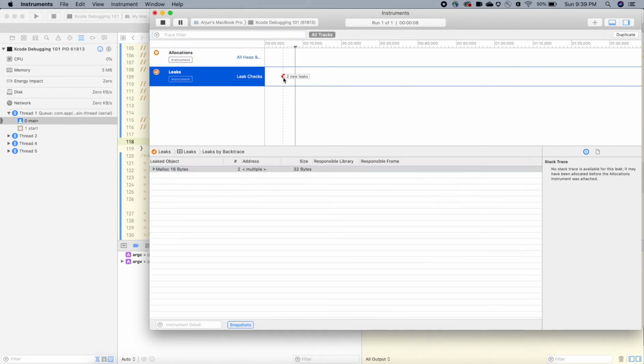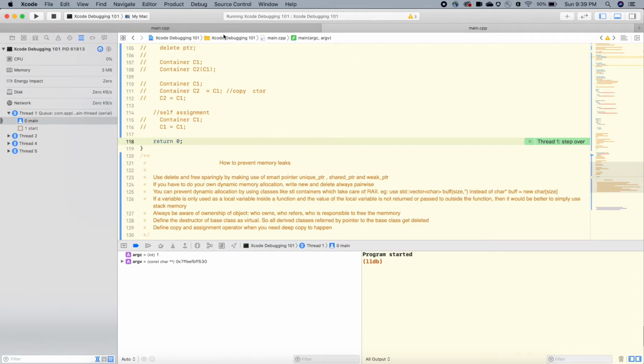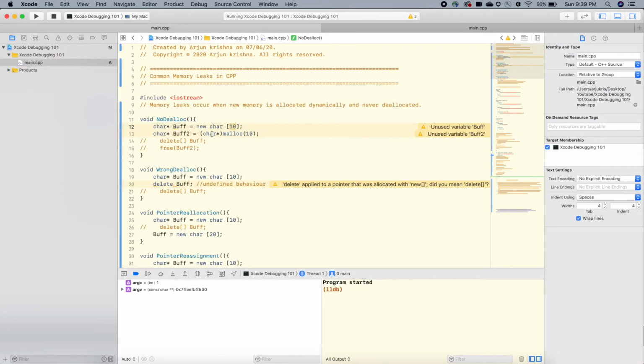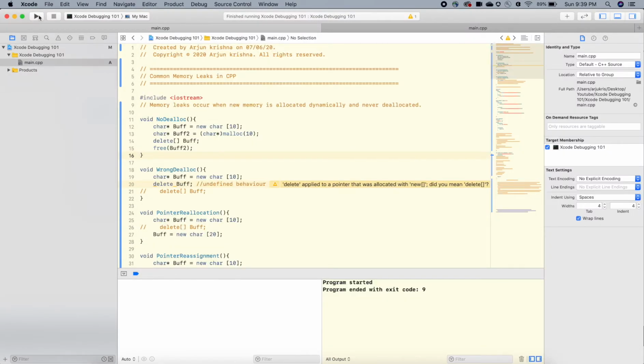It's showing me a leak has happened here, and these are the two address locations where the leak has happened. This corresponds to the two allocations that I have not freed. Now let's delete or free these and try again. So stop it, stop this profiler, and run the task again,